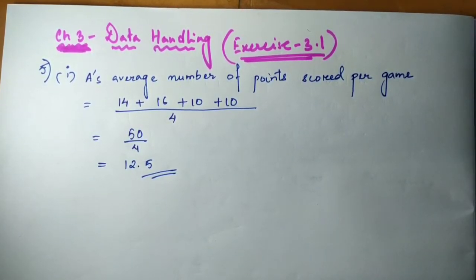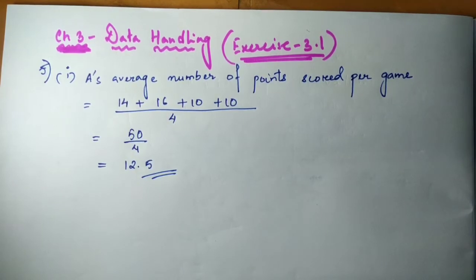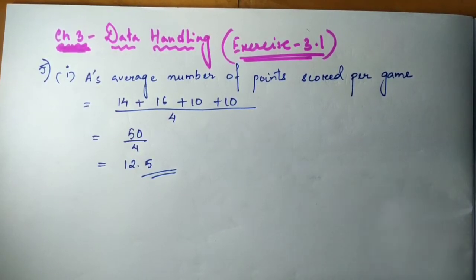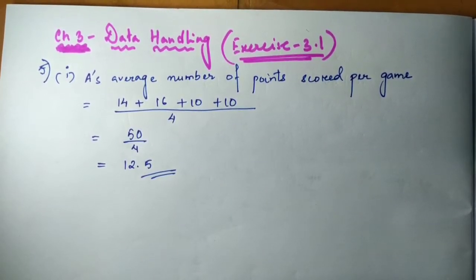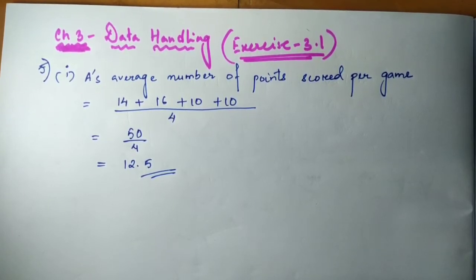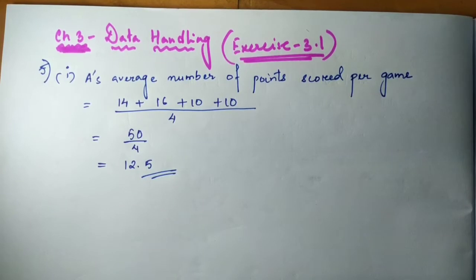Now let's go to the next question, number 2. In question number 2, it's given to find the mean number of points per game for C. Would you divide the total points by 3 or 4? So let's go to the score list of player C. Here in game 1, he or she has scored 8. Then in game 2, 11. Game 3 did not play, and game 4, 13.